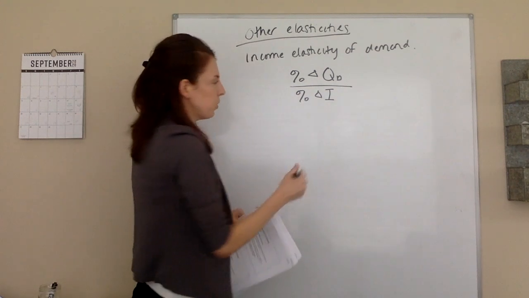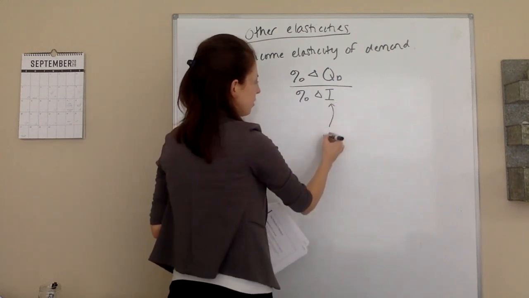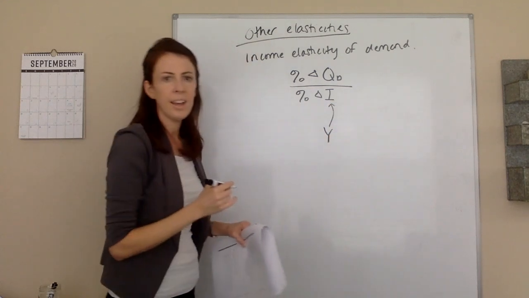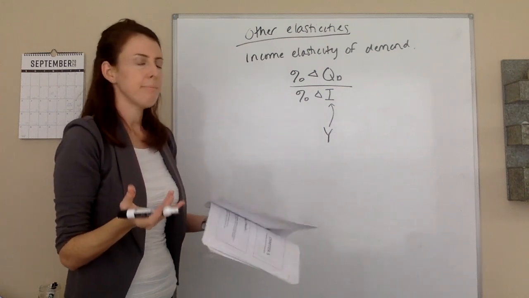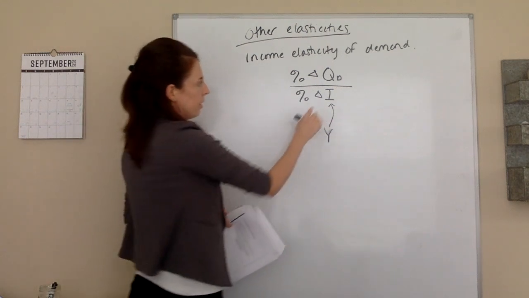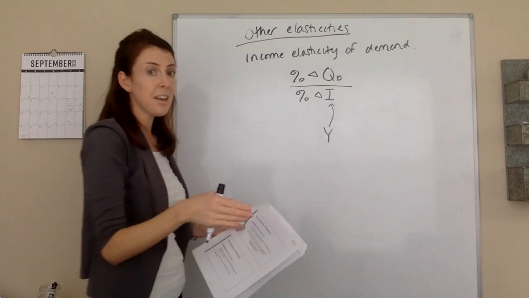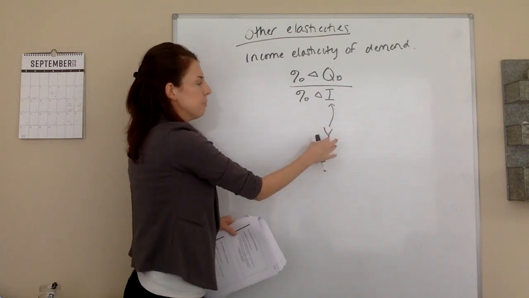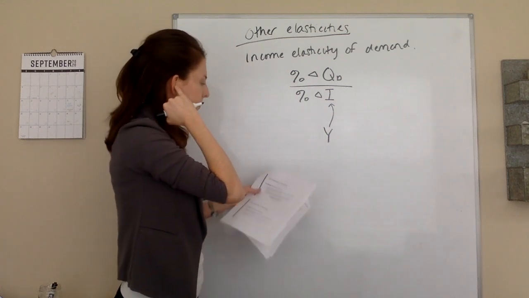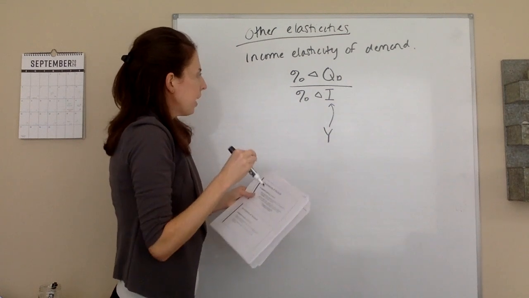Just kind of note, when you're taking econ classes, oftentimes income is denoted Y. So if you see a Y, know they're probably talking about income. I'm going to put I here just so I make sure I don't lose anybody in this class in particular. But if you see a Y, Y also often denotes income. Okay,